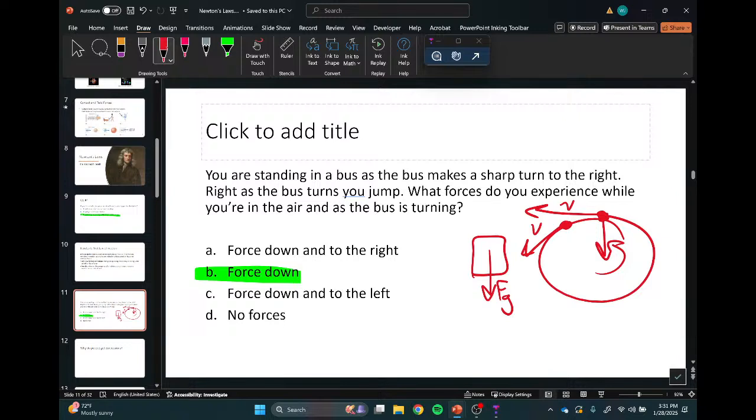This is why seatbelts are super important. When a car comes to a stop, your body doesn't magically know to stop. Something will stop you. You get to decide what's going to stop you. Is it going to be your seatbelt? Is it going to be the steering wheel? Is it going to be the windshield? Is it going to be what's on the other side of the windshield? You will fly. You're going to hit something. Is it the seatbelt? Newton's first law explains why that stuff's important.